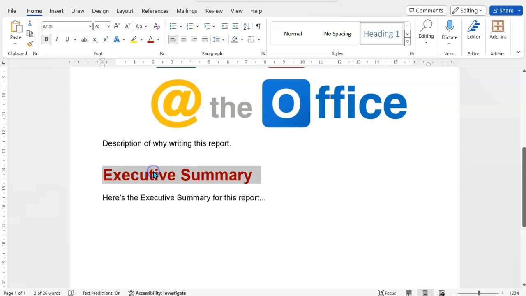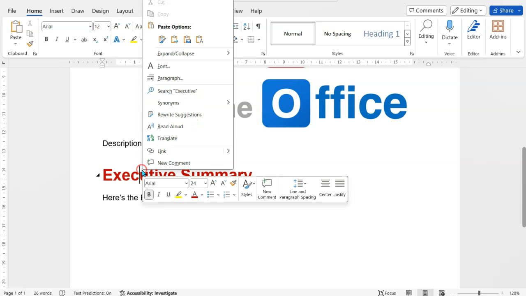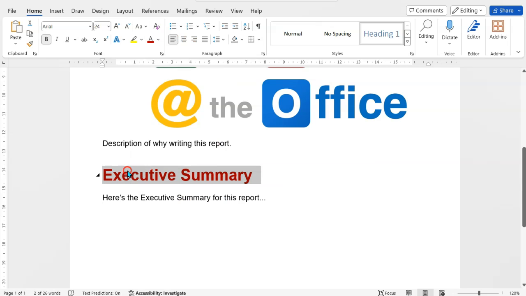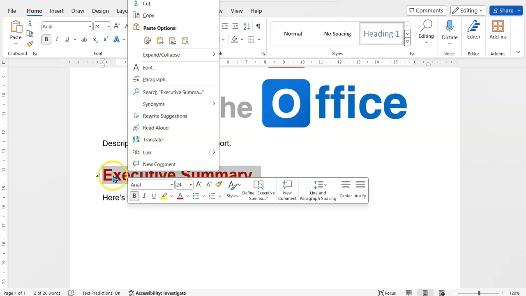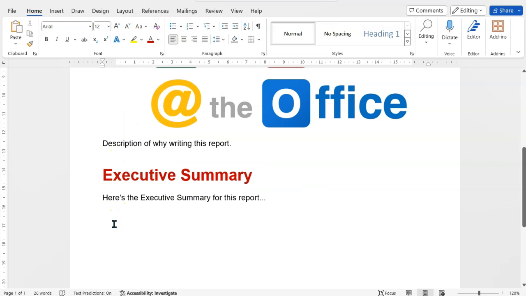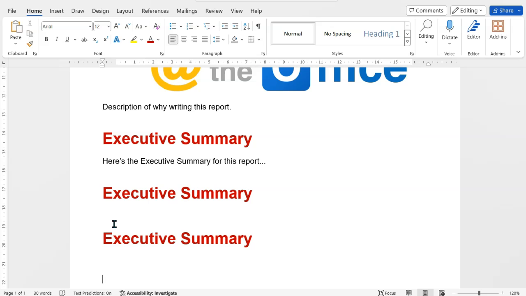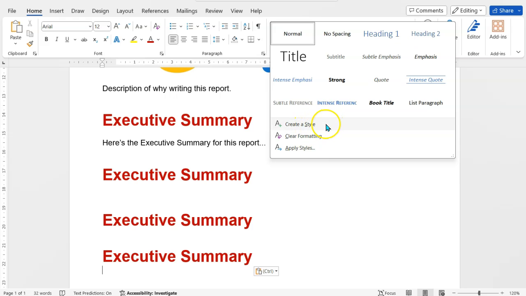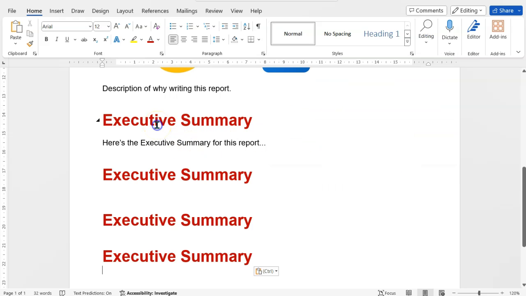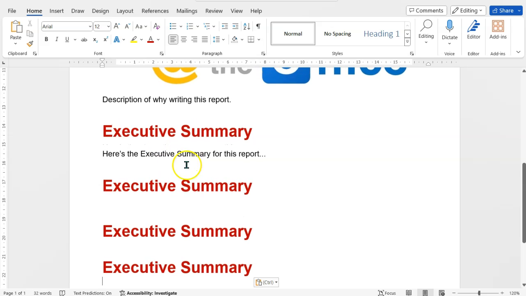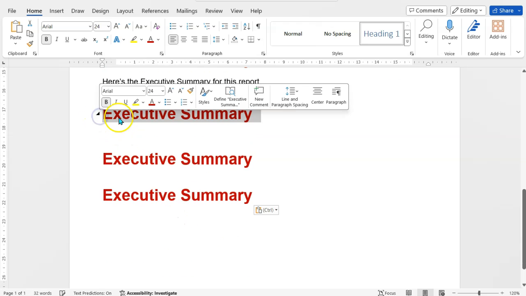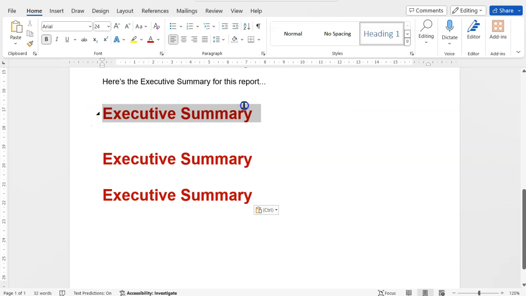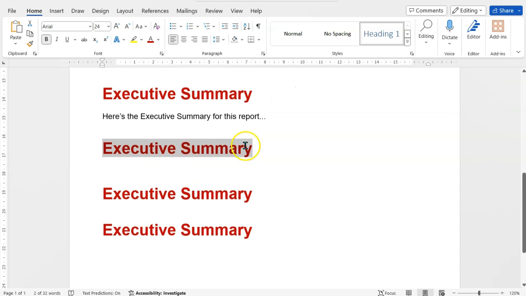Now what I'm going to do is I'm going to select that. I'm going to Control C to copy it, or right click, select it, right click and copy. Control C is your quick shortcut. And I'm going to paste that whenever I want another title elsewhere, because I've formatted my unique title. I can't be bothered to set up creating a style, but you can save that style if you want to save time later for this particular document. So now all I need to do for my subsequent headings is select it and choose my next heading,